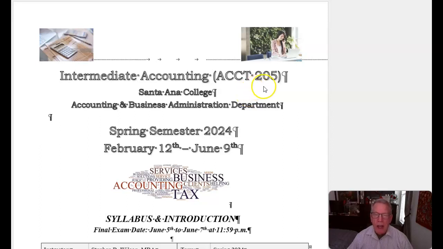Okay, so for now, we'll get into the syllabus, and then I will show you a little bit about how the course is organized. When I've done this course, in this case at Saddleback College, I have face-to-face Zoom meetings that are instructional in nature, and they go about 3 hours a week, one session, which is a long night.